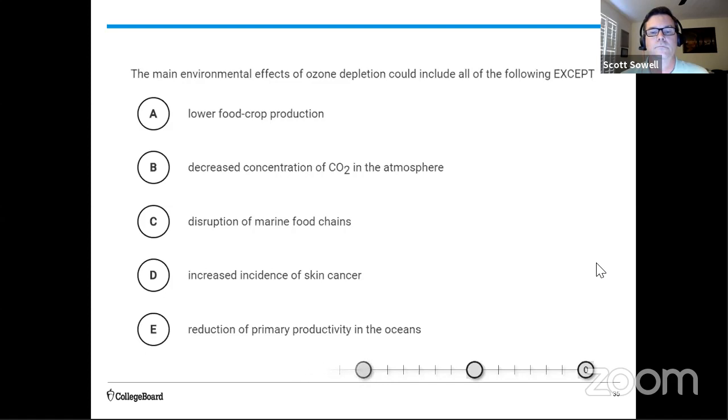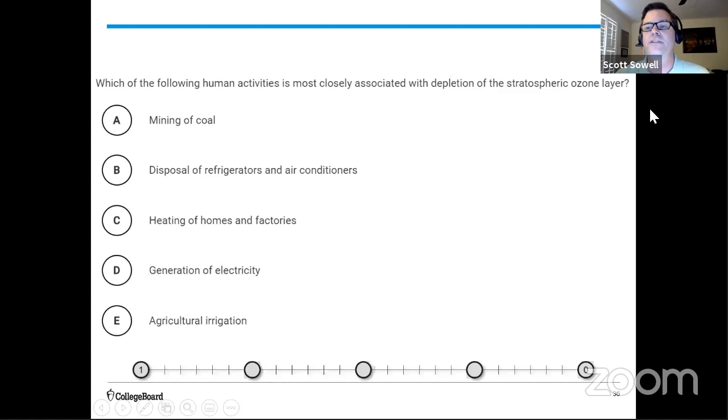All right, hopefully you realized it was B. Everything else you can see is an increase in ozone depletion would be an increase in UV radiation hitting the Earth, and all of these things are in the biosphere that would be impacted by that, except for decrease in CO2. Next question says, which of the following human activities is most closely associated with the depletion of the stratospheric